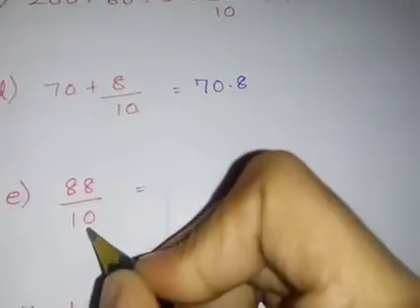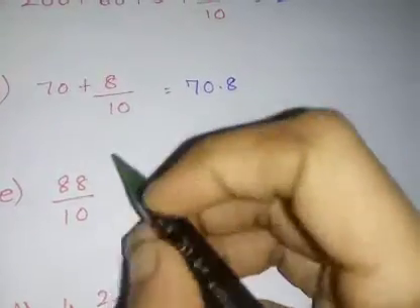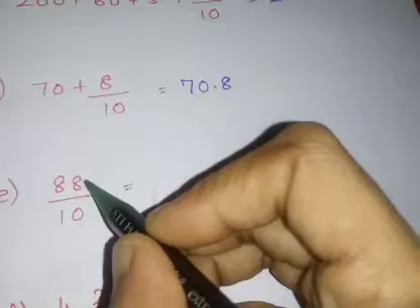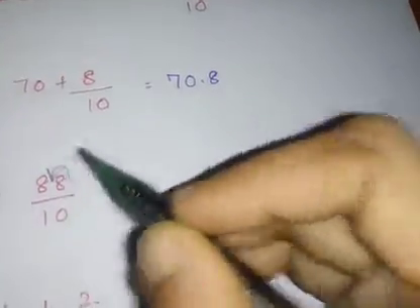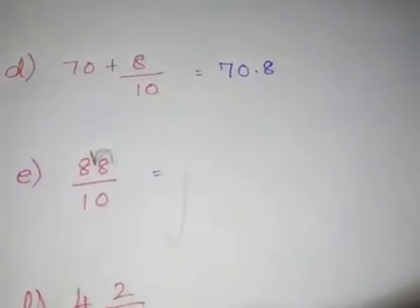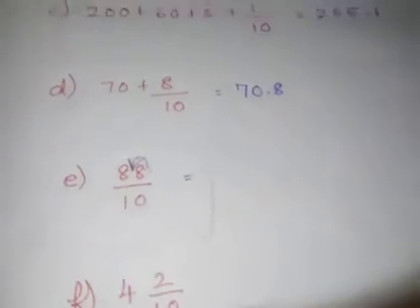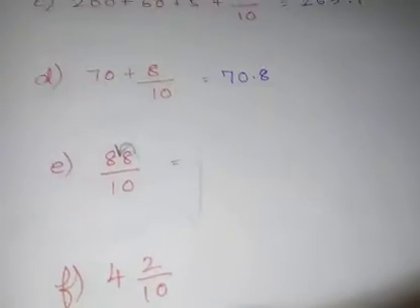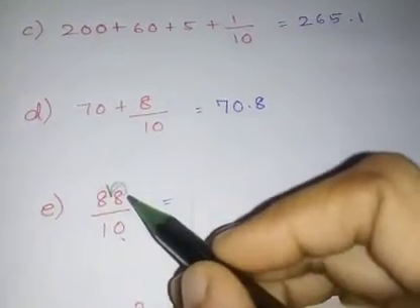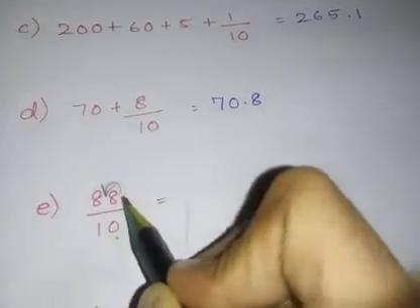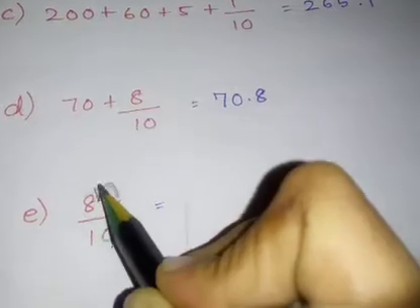If it is division by 10, if a decimal number is divided by 10, it means you will shift your decimal point towards the left side. Okay, you will shift your decimal point towards the left side. When you come to know about the operations of decimal numbers, it will be clearer. See, when a number is divided by 10, in a whole number the decimal point will be here. For a whole number the decimal point will be here. That will be shifted towards the left side.